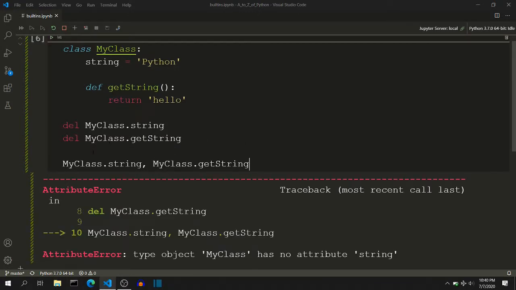So these are just two different approaches that we can use to delete attributes.